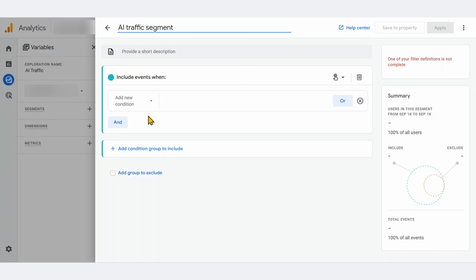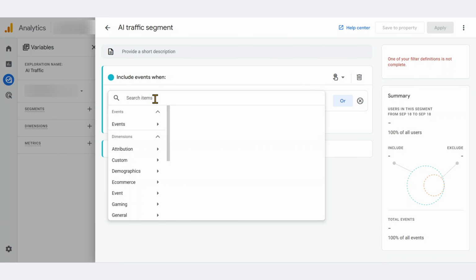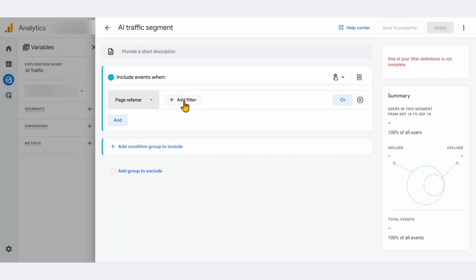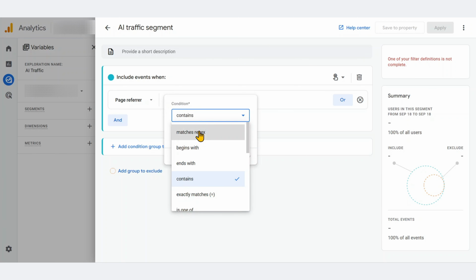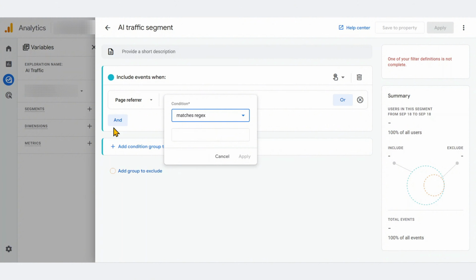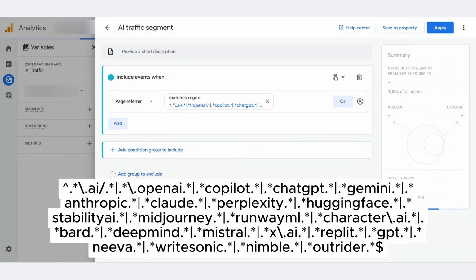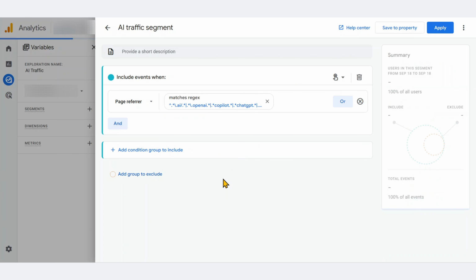Here, what you need to do is select page referrer from this drop down. Under filter, add matches regex, and in the text box here, add this block of text. I'm going to leave this full text in the description to this video. But essentially what it does is filters by different known AI page referrers and adds only these users and sessions